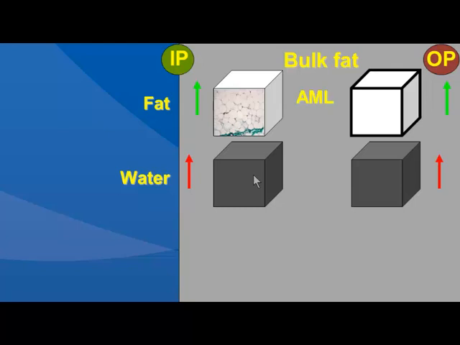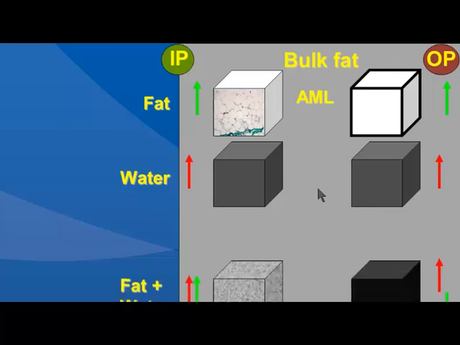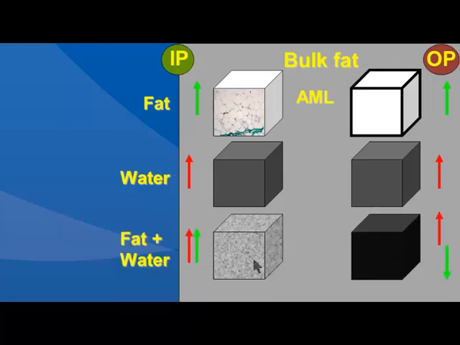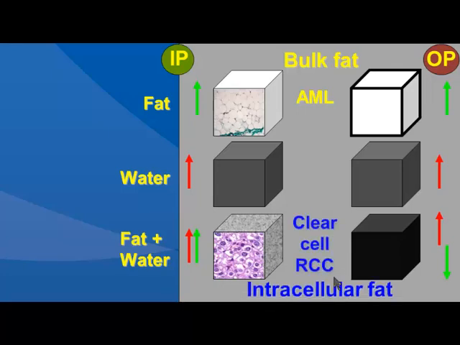If you only have water, there's no cancellation of the signal, so intermediate signal both in phase and opposed phase images. If you have coexistence of fat and water, then on opposed phase imaging you're going to have cancellation of the signals from fat and water, and you're going to see a drop in signal intensity on opposed phase images relative to in-phase imaging. And this is what happens when you have intracellular fat, like for example in a clear cell renal